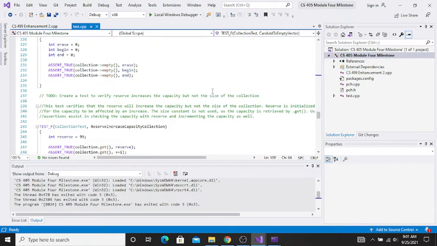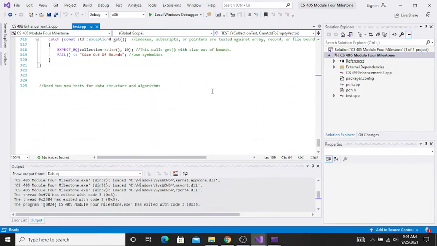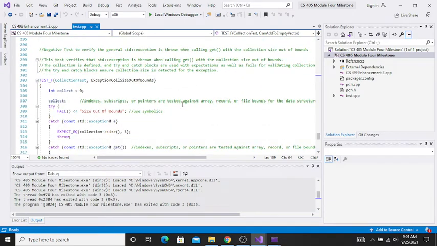The exception collection size out of bounds test will be separated into two different tests, which will analyze the data structure and algorithm data individually. This creates clarity when creating the further enhancements for this test. Additional enhancements include covering tests for indexes, subscripts, and pointers to be verified against the array, record, or file bounds,